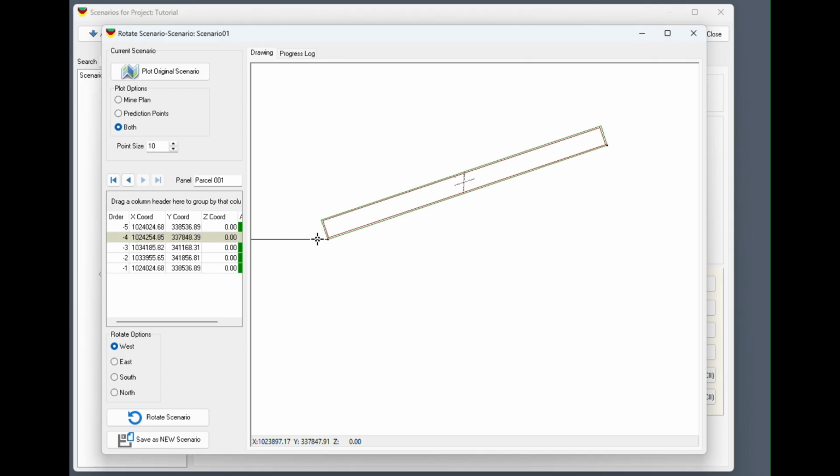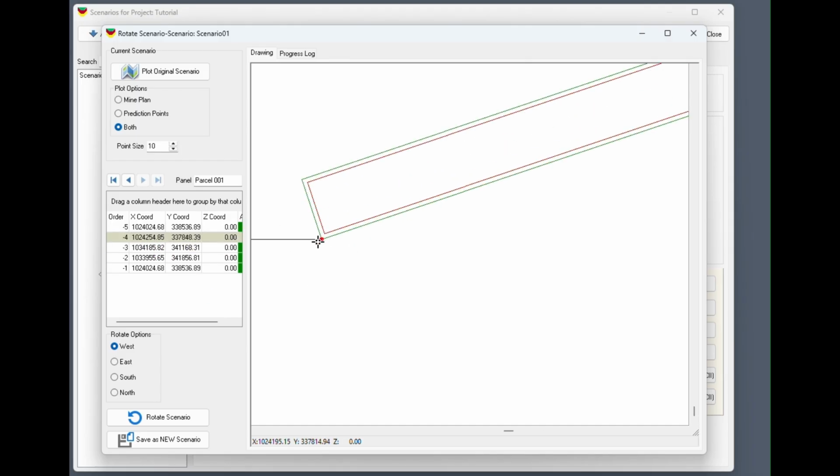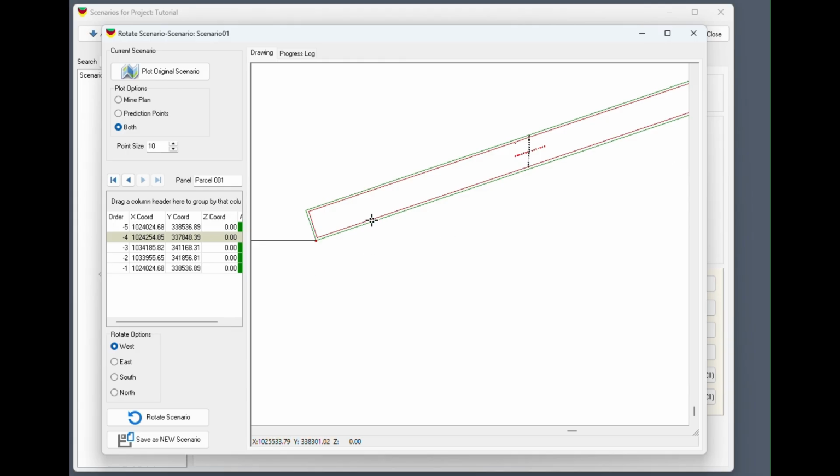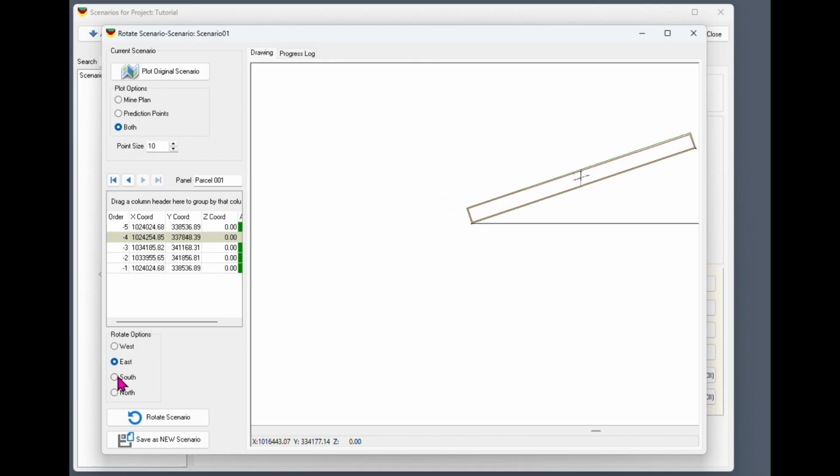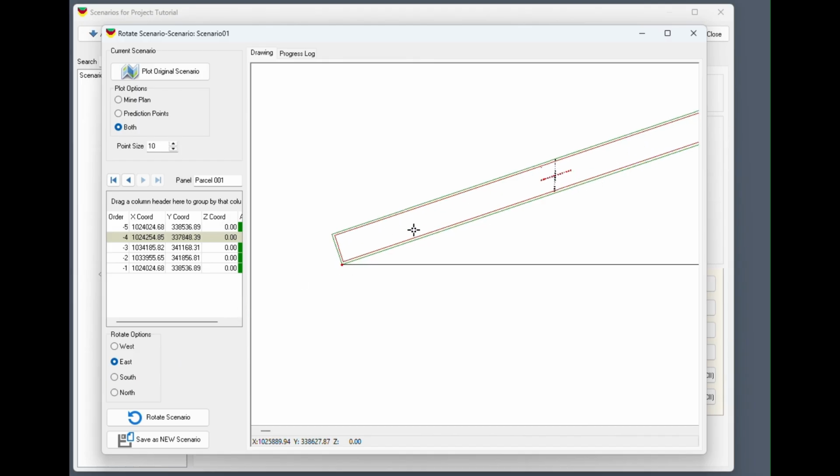If I change that to the fourth coordinate, here's our point of interest, and then here is our boundary of interest. What this allows us to do is take this boundary of interest and rotate the entire scenario around this point until our boundary of interest is flush with this line. And this line just represents due west from our origin point. We can change that to due east, south, north, etc. So in our case, I'm going to go with the east boundary here